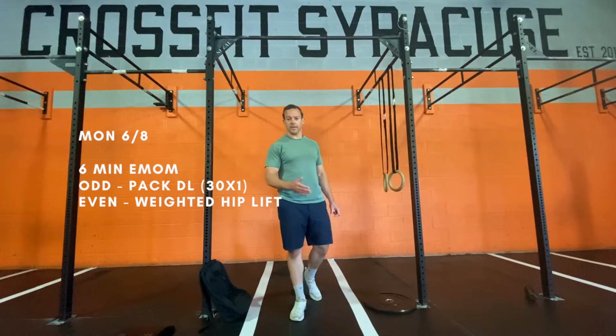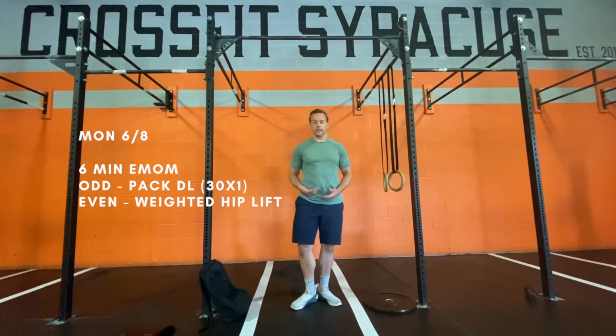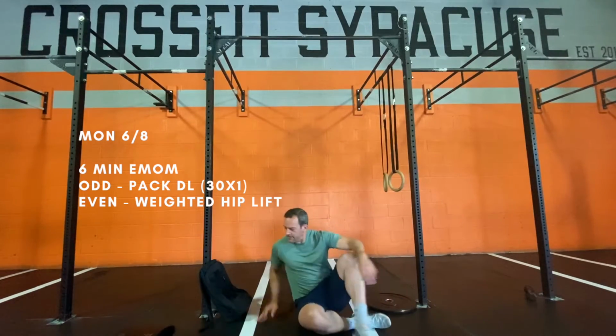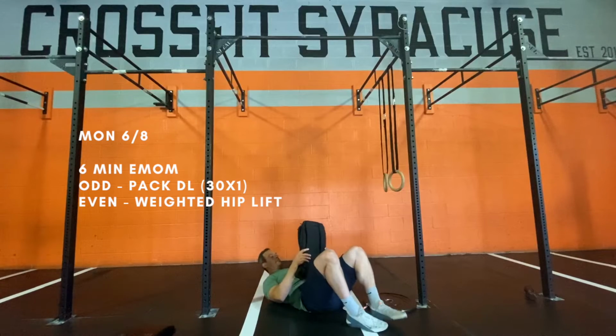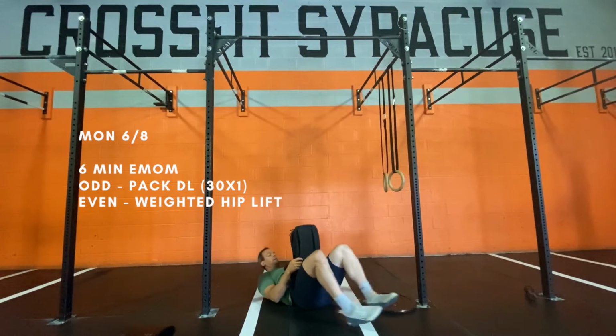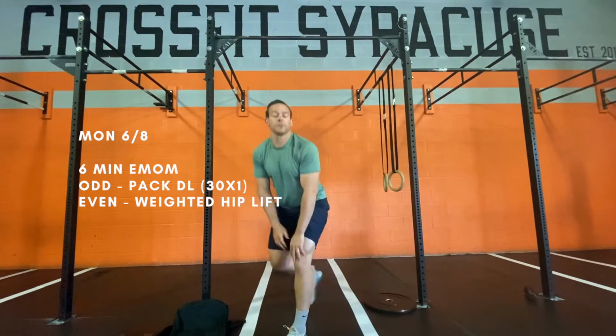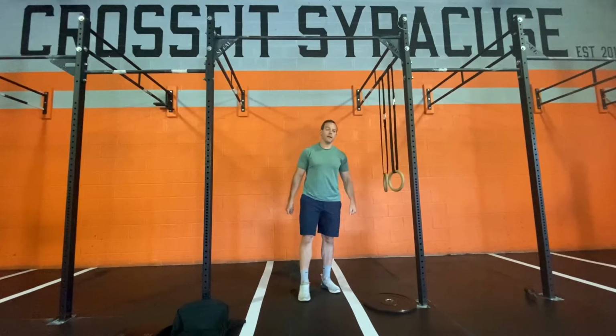Just like you were doing the hip lift with the durability, you're doing the same exact movement now, except you'll just have your pack lying on your waistline. It'll look like this. By the end of those 6 minutes, your hips and hamstrings should be pretty well warmed up for the WOD, which is